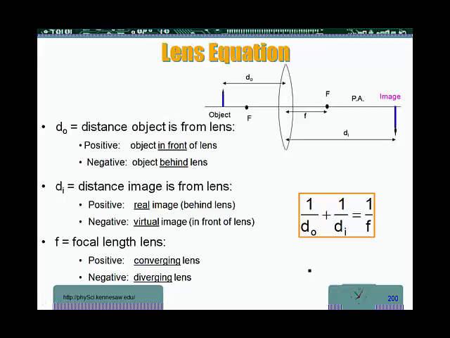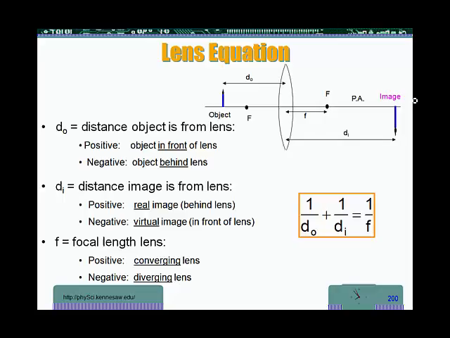I'm going back here to the lens equation screen. Remember, whenever I have an object, the natural flow of light is to go through the lens and to the other side of the lens, behind the lens. So if the object is in front of the lens, the image is going to be real when it is behind the lens, on the other side of the lens relative to the object. That's when we get real images, and we are going to be able to project it on a screen, or on a retina, or on the back of a